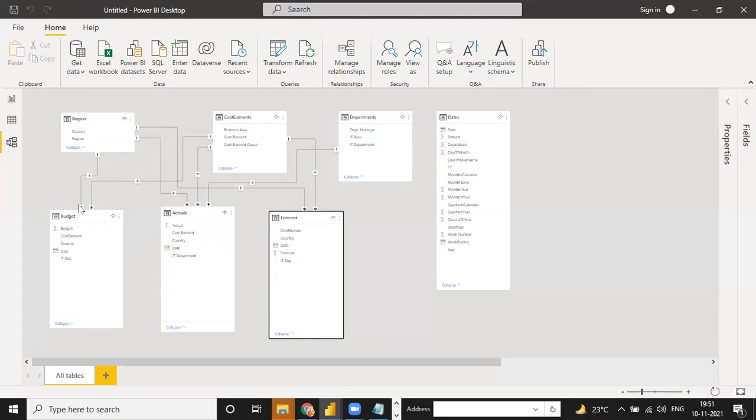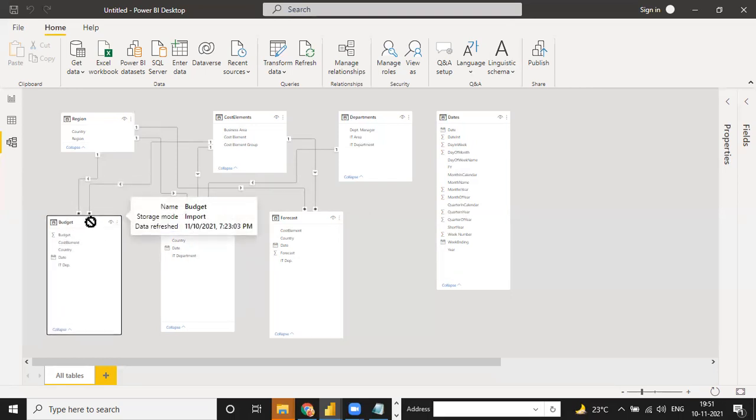Same way, I said every fact table should be connected with 1, 2, 3, 4. Right now it's connected with two, because country to country is connected and cost element to cost element is connected. It means these two tables are connected with budget, but this department table is not connected. Can anyone tell me why? Why are these two connected automatically and why is this not connected?